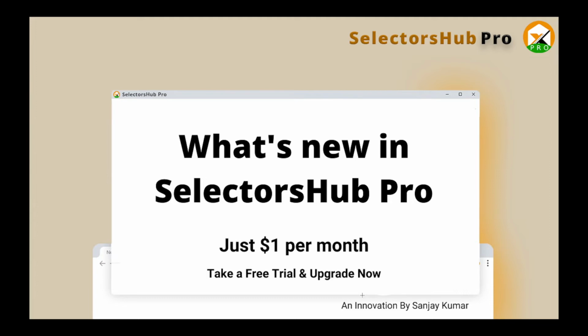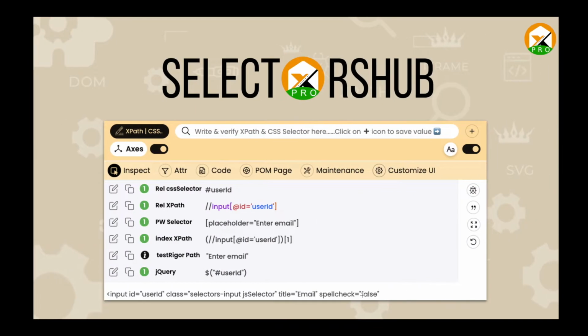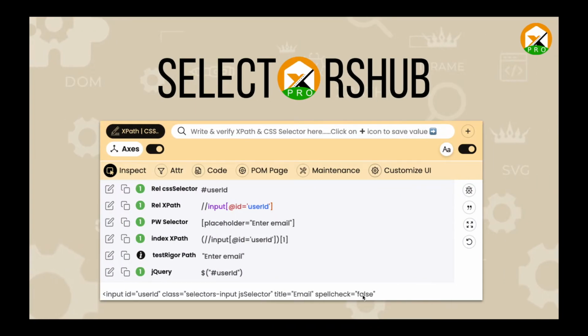So now that we have SelectorsHub Pro, yes, we all are very curious to know what all new things are there in the Pro version, which were not there in the free version. Let me quickly show you what new features and advanced innovations are there in the Pro version. So the very first thing is that we have the complete advanced new UI,